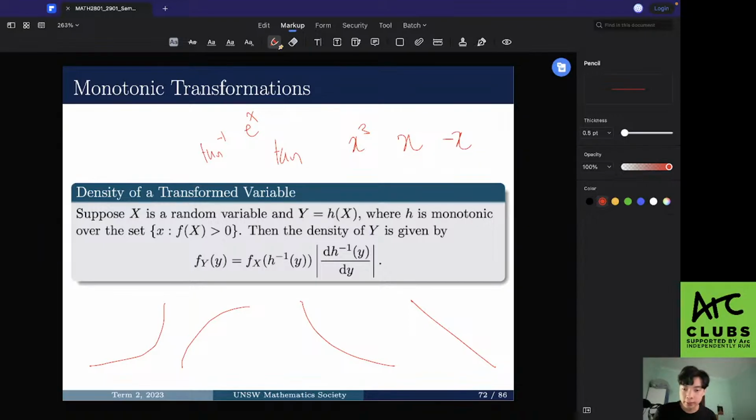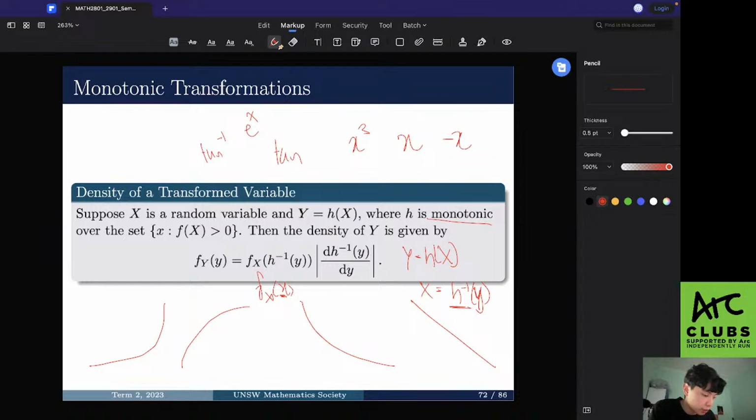But why do we need it to be monotonic? Well, this formula has y be equal to some function h of x, right? But since we originally start with f of x for some x, we need to be able to transform this x into a y, and the way we do this is we use the fact that x is equal to h inverse of y. But this is only true if the inverse exists. And when does the inverse exist? When it's 1 to 1. So that usually means always increasing or always decreasing, which is why if the transformation is monotonic, we can use